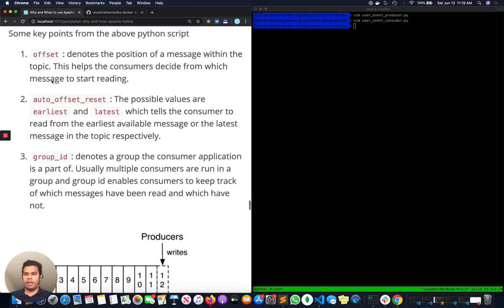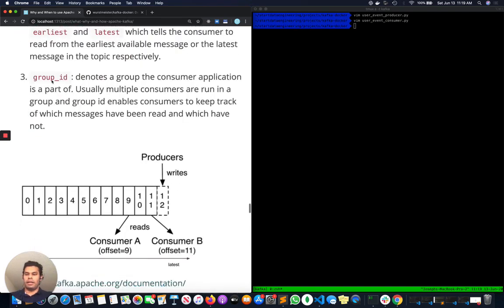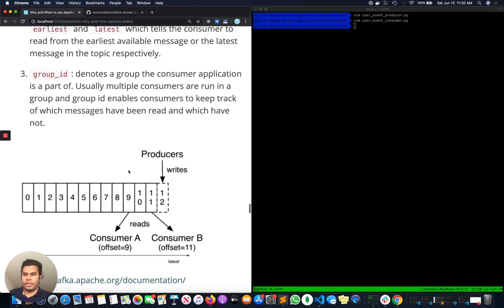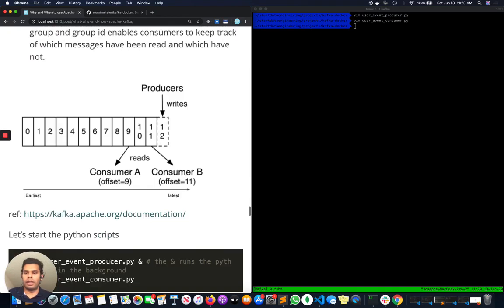So offset, what exactly is an offset? If you look at this image, you can see that messages start from 0, 1, 2, all the way up to 10, 11, 12. And offset is basically, you can think of it as this number. It's the number that represents the order in which the messages came in. So why is this important? Right? So let's assume